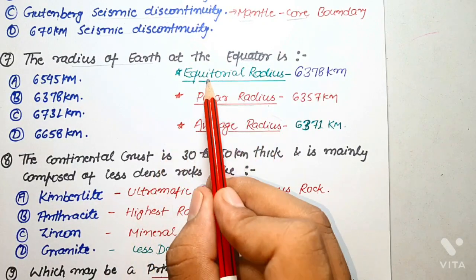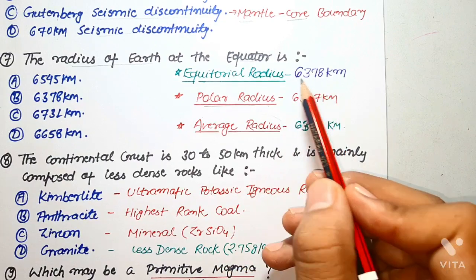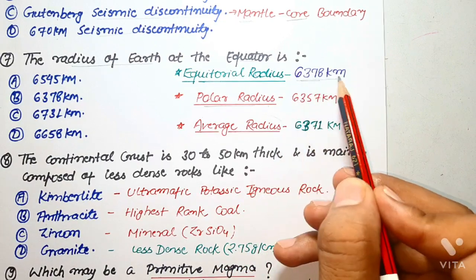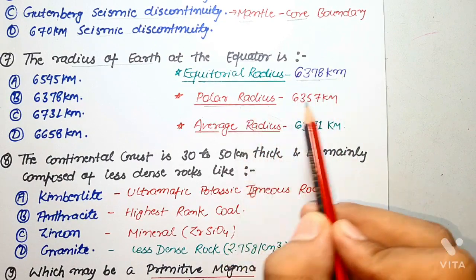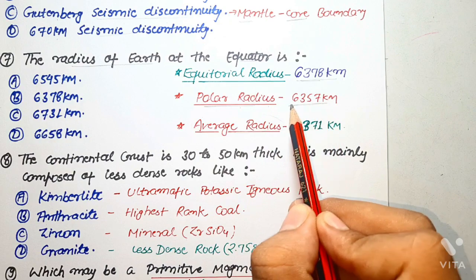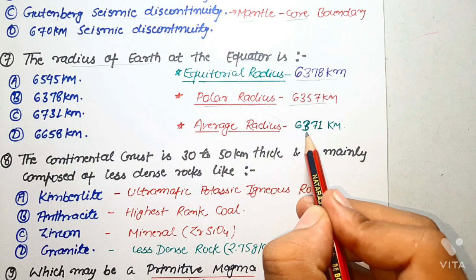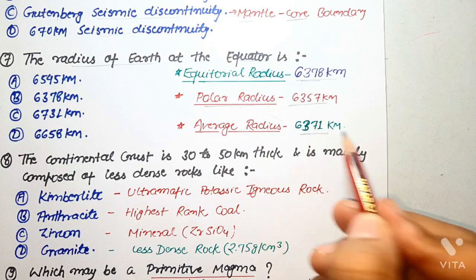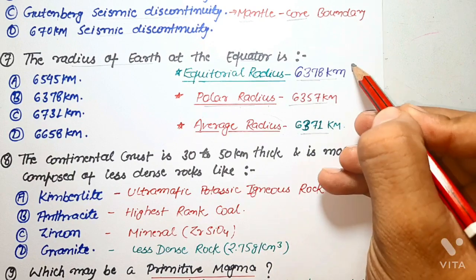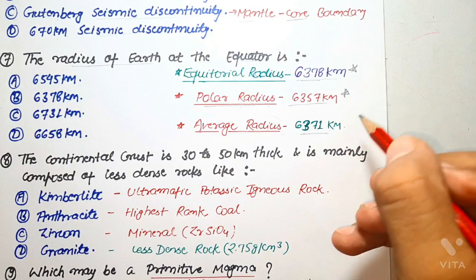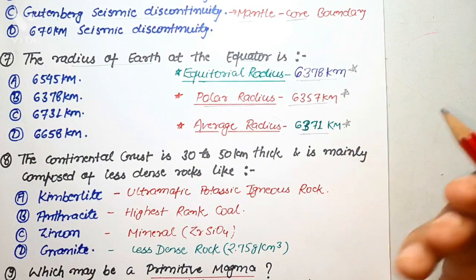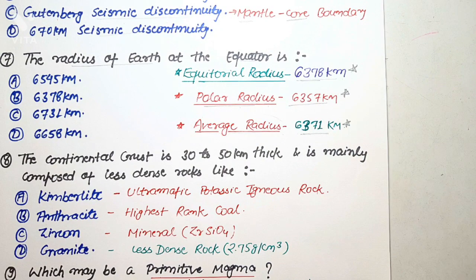So the equatorial radius of the earth is 6378 kilometers. Its polar radius is 6357 kilometers, and the average radius of earth is considered as 6371 kilometers. So these are the three radii of earth that every geology student should know. The question is asking about the radius of earth at the equator, so the correct answer will be